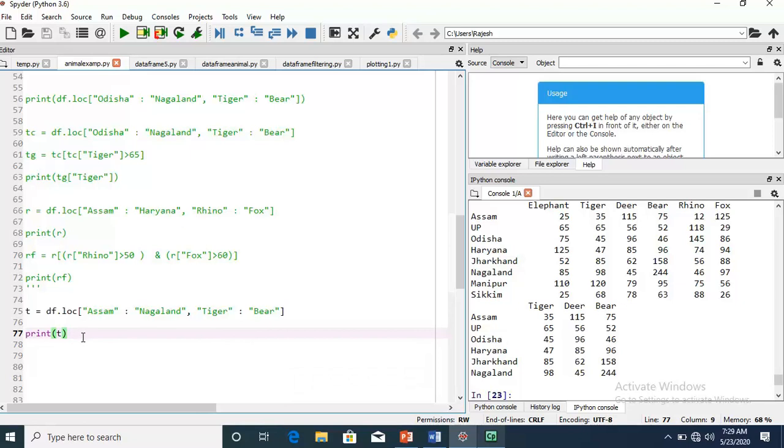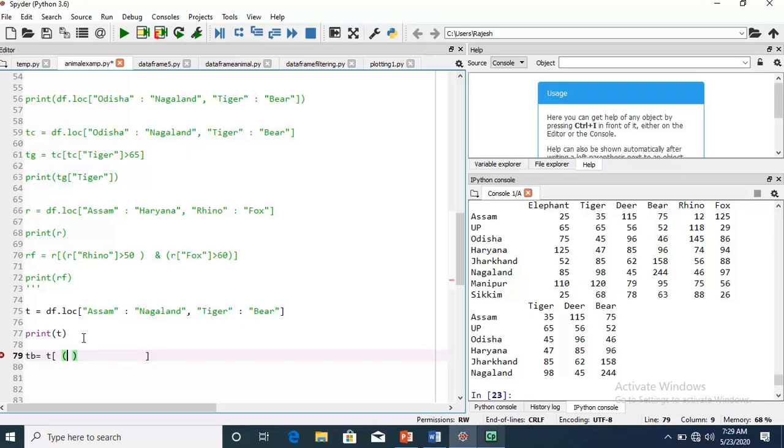And now we have to apply the condition. Let me apply the condition that we require, taking the variable tb. Then t, square bracket, and as we have to use multiple conditions, we have to use parentheses.